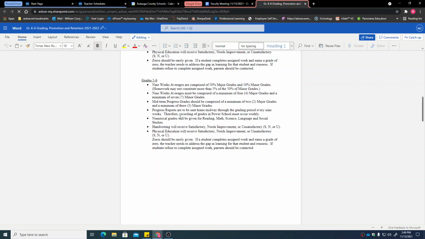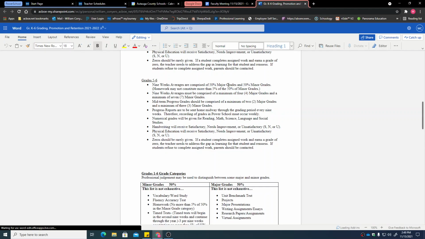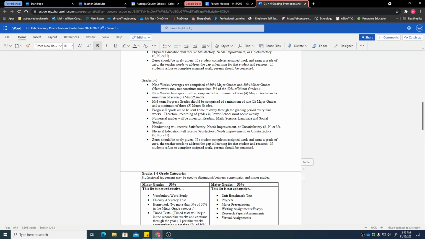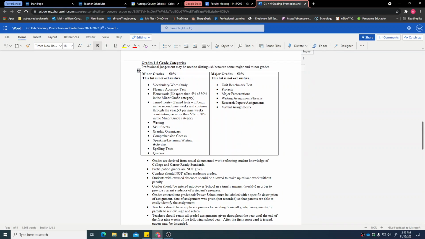This is where it designates that 9 weeks averages are composed of 50% major grades and 50% minor grades. Our 9 weeks averages must be comprised of a minimum 4 major grades and minimum 7 minor grades. At the midterm, 2 major and 3 minor. So when I sent that email and I put that in my notes, this is where I am pulling that from. I'm not just making that up. When we come down here and look at examples of minor grades and examples of major grades,